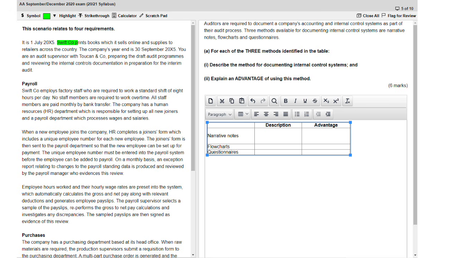Requirement A looks like a knowledge-based question, which, if you're well prepared, you've probably seen about 20 times before. Methods of documenting internal controls and advantages or disadvantages. So that's a knowledge-based question. In fact, this one is just asking for advantages. And then secondly,